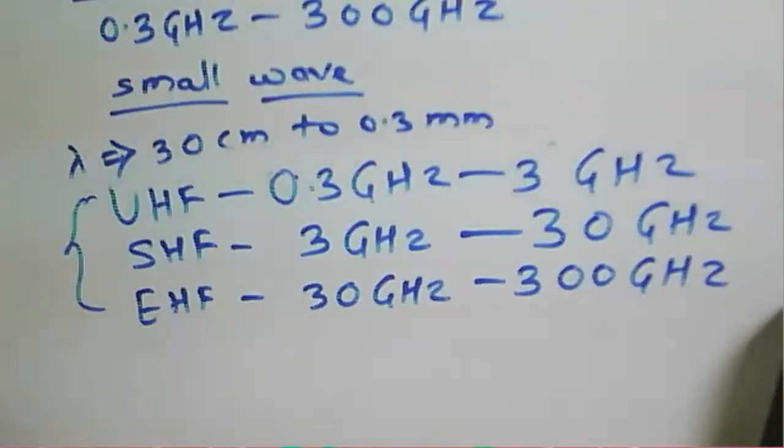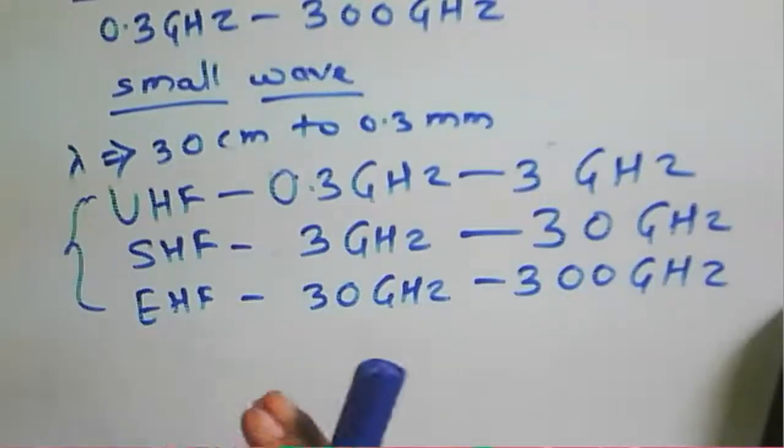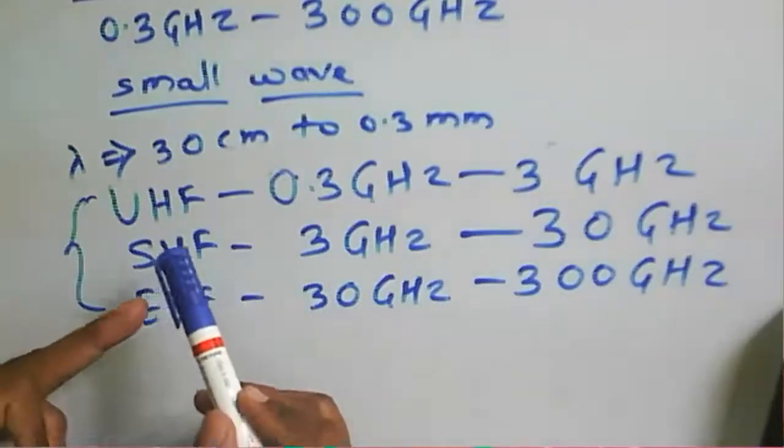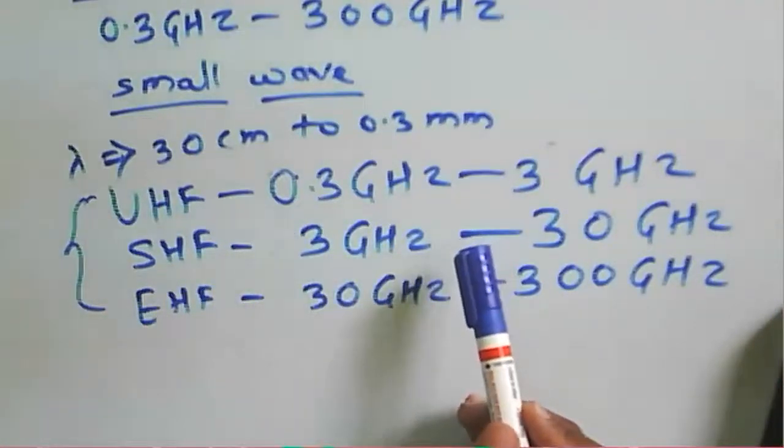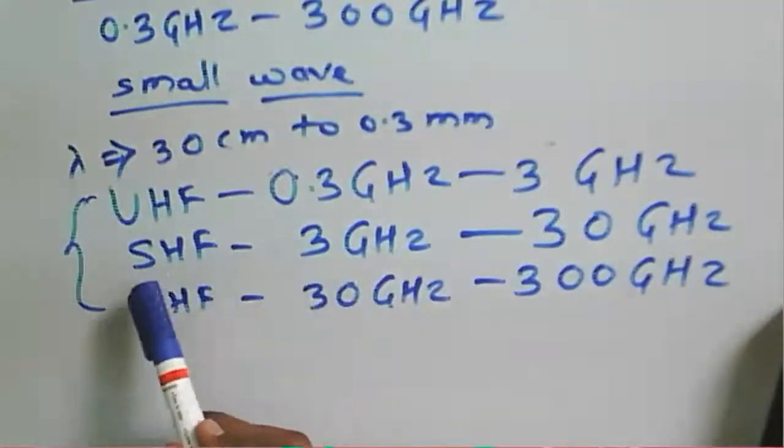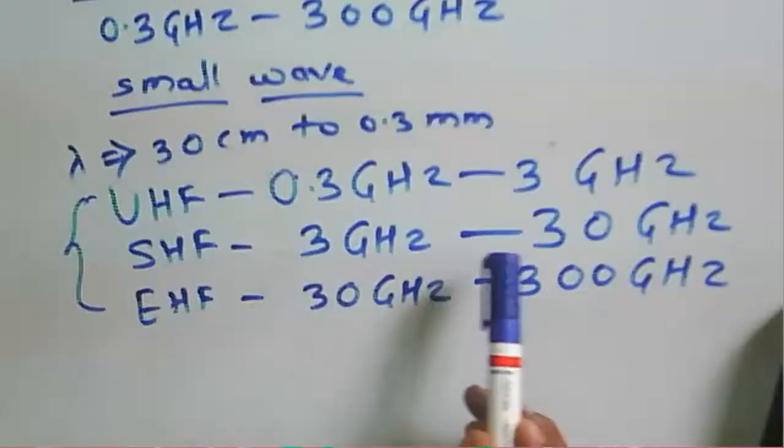Two bands are there nowadays. Earlier it was only one, 2.4 gigahertz, that was the standard. Nowadays they have defined two bands for Wi-Fi. Now here we say this band is for mobile communication, and then the super high frequency band, about 3 gigahertz to 30